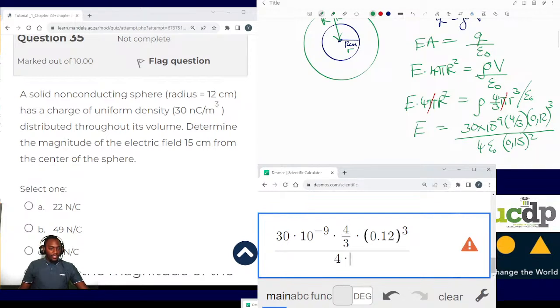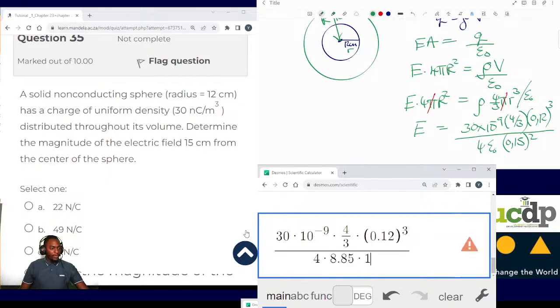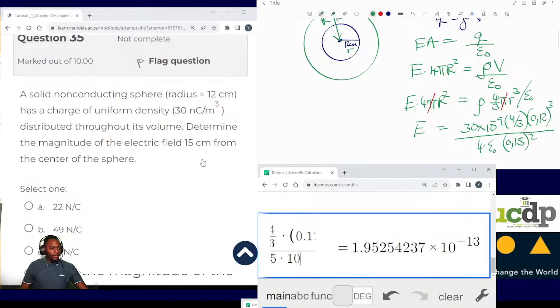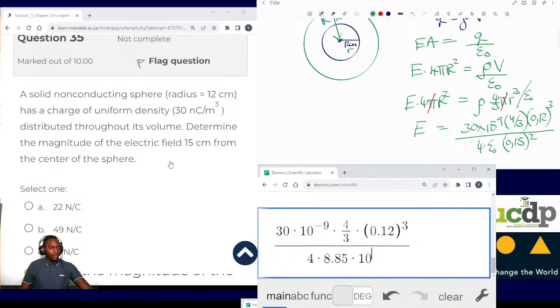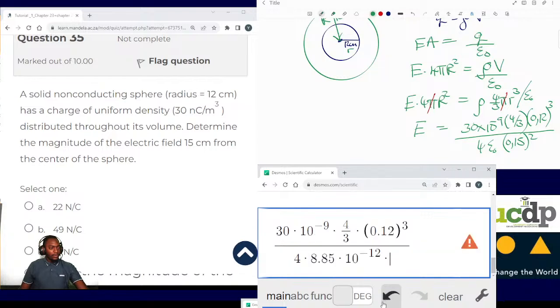I see Aviel is getting something. Then what are others getting for that working? Negative 12, times